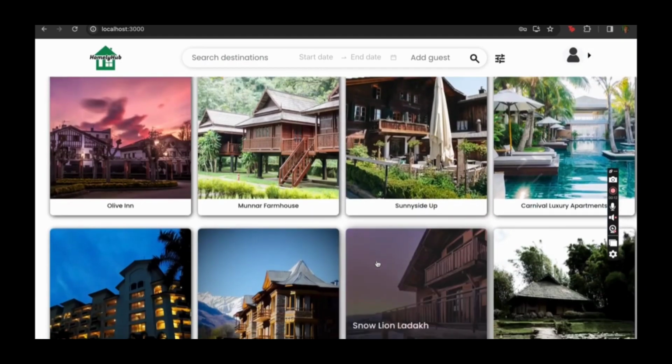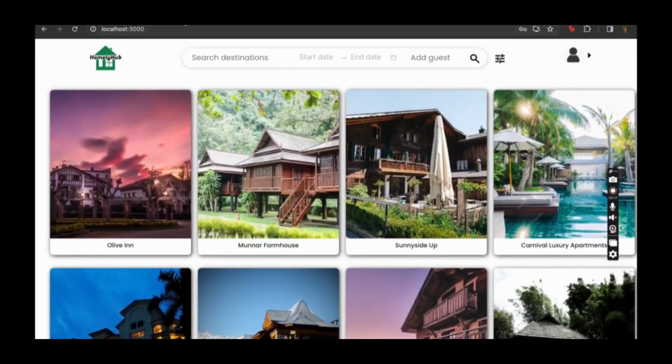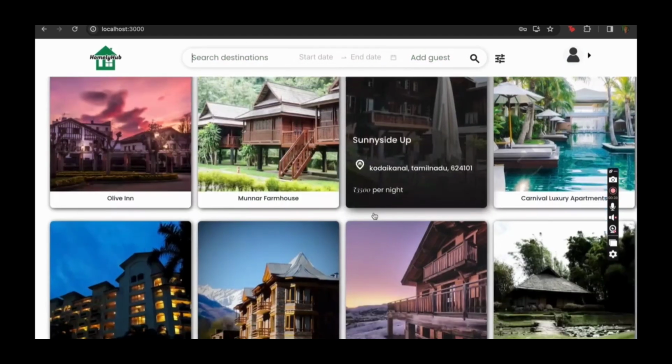Yeah guys, so that was it. That was the project. We have included Mailtrap for the forgot password functionality, Stripe for the payment functionality, and we have added search, start date, add guest filter, header, footer,